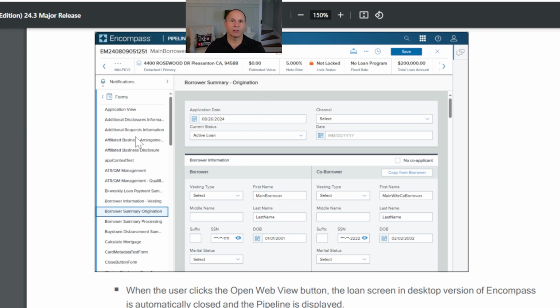I strongly suggest, as I tell people in the Mastering Encompass Web Essentials course that we teach, it's one of these things that you want to get used to, this idea of card-based views. This is input form-based views. Please, please, please, do not take your desktop input forms and just try to recreate them on the web. That is usually a huge mistake.